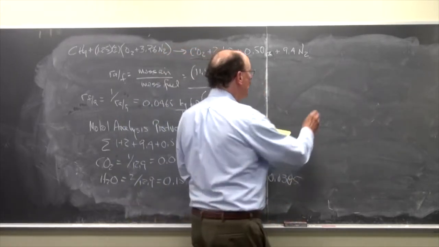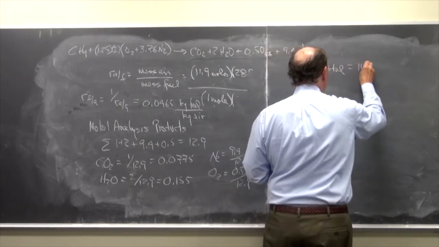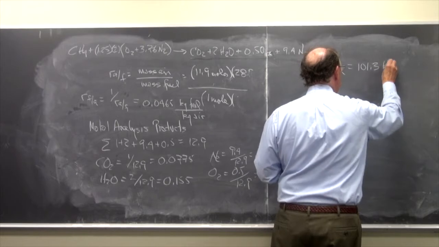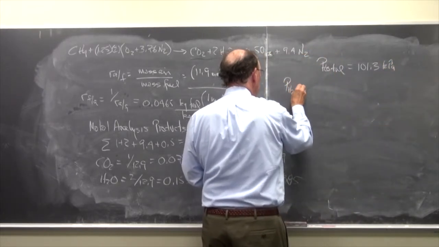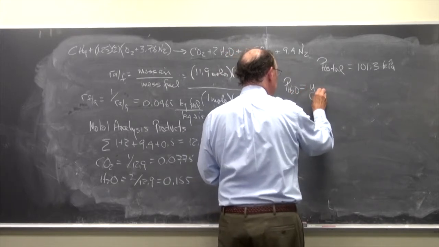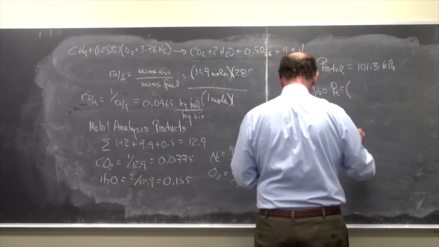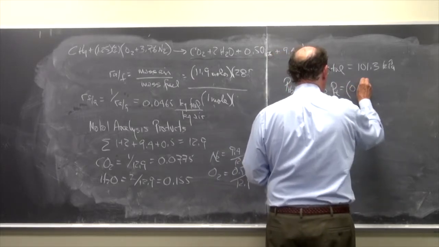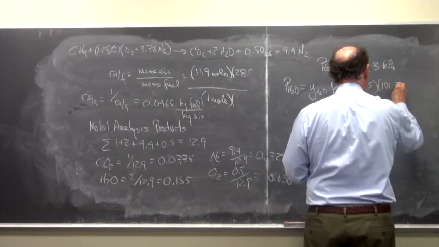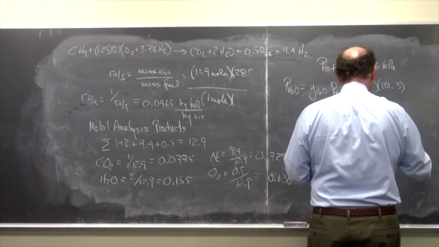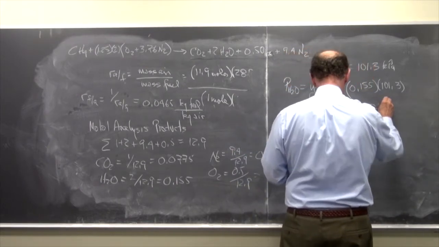So if P total is equal to 101.3 kPa, then pH2O is equal to YH2O times P total, which is 0.155 times 101.3. So this is equal to 15.7 kPa,